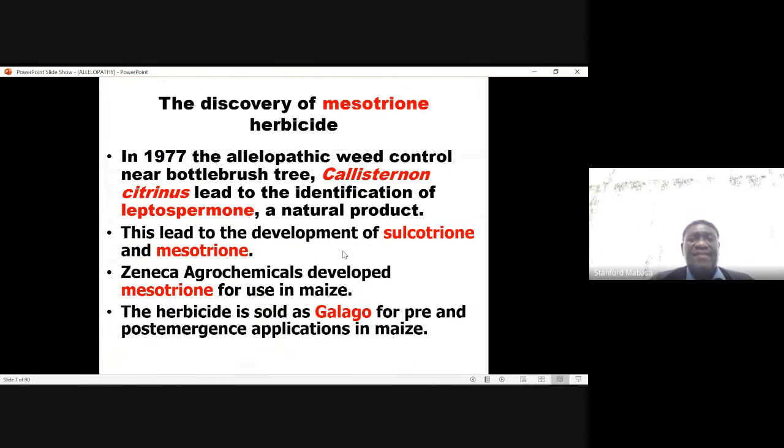In 1977, the allelopathic weed control, which was happening near the bottle brush tree, Callistemon citrinus, led to the identification of